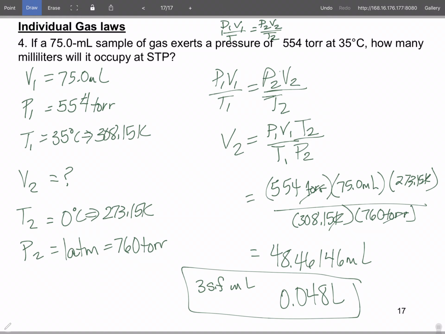These are the individual gas laws. The next section we'll do are the